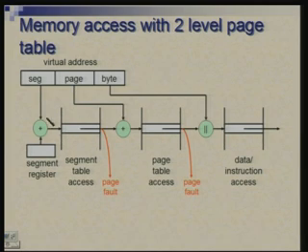We are assuming that the segment table would be in the physical memory. It is comparatively much smaller. Let us say if you can manage in a few kilobytes, it is not much of a storage to dedicate to this. So, when you make an access to this entry, it will either tell you that the corresponding page table is not present, we will look at that as a page fault, or it will tell you where it is present.